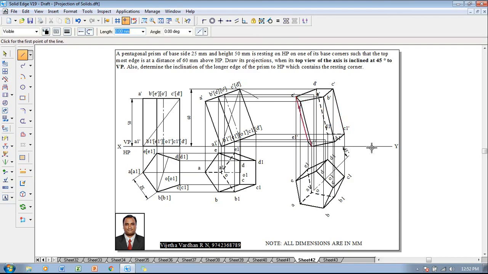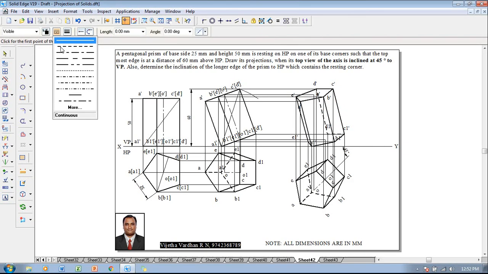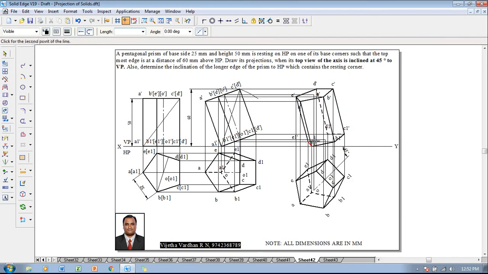Yeah, so this sort of mistake may happen because the lines are very near, so please be careful in drawing the lines. Now one can say that the required front view is completed. Last but not the least, we have to represent the axis line in the form of a chain line. That is, O dash is to be connected to O1 dash like this. Now one can say that the required solution is completed for the given conditions.